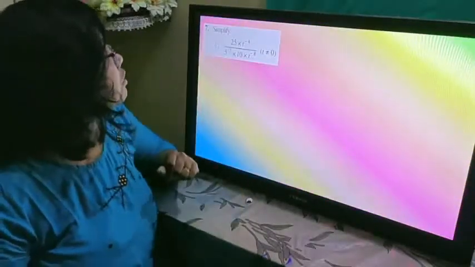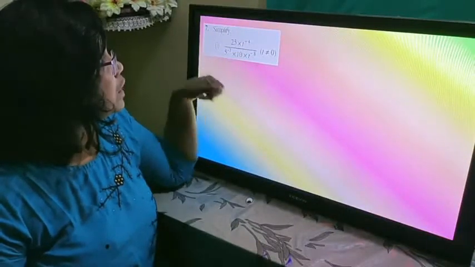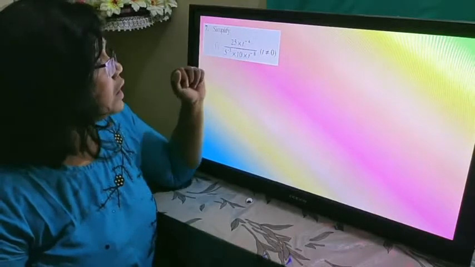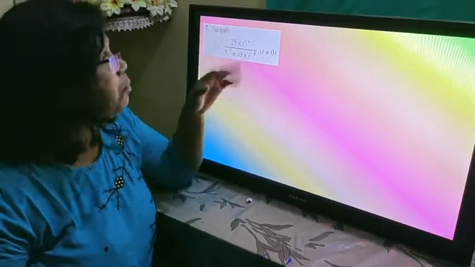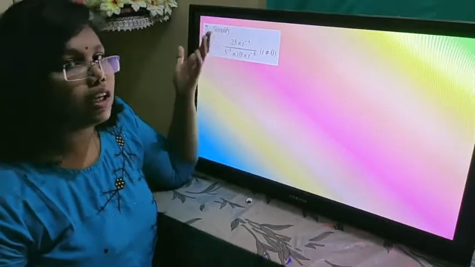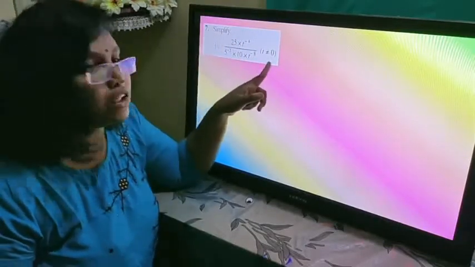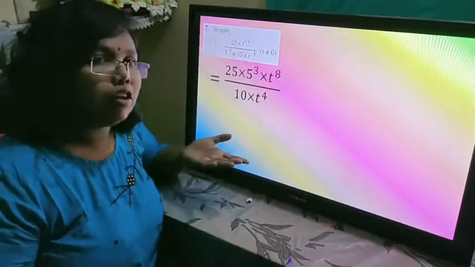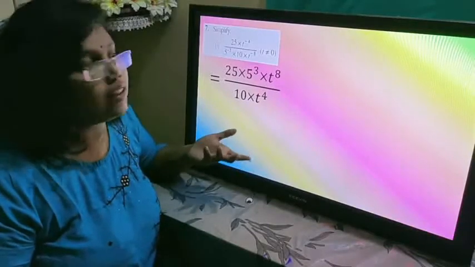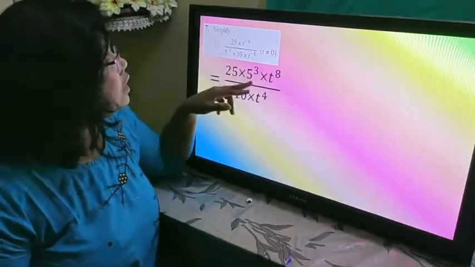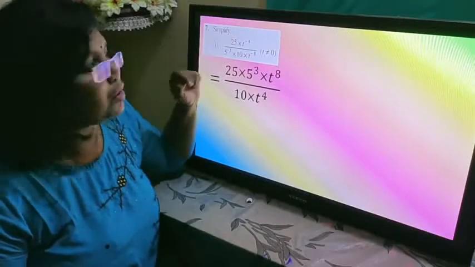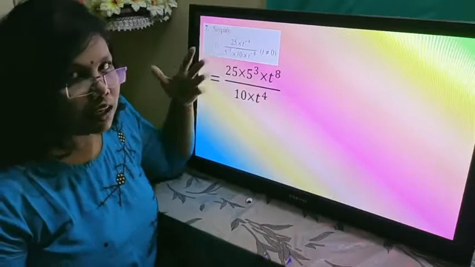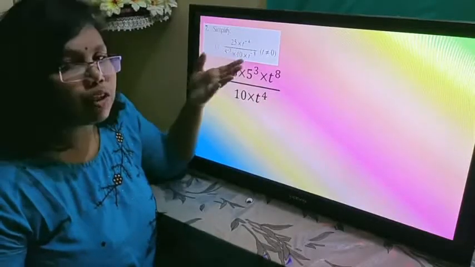Now next one, simplify. 25 times t raised to minus 4, over 5 raised to minus 3 times 10 times t raised to minus 8, and t is not equal to 0. That means if we had t as 0, the entire answer would be 0. That's why it's specified here that t is not equal to 0. The first step is changing the negative exponents into positive exponents by getting the reciprocals. So minus 3, that's why 5 cubed, the denominator became the numerator. t raised to minus 4 has come down, and t raised to minus 8 has gone up. Denominator to numerator, numerator to denominator. That's how we get the reciprocal.